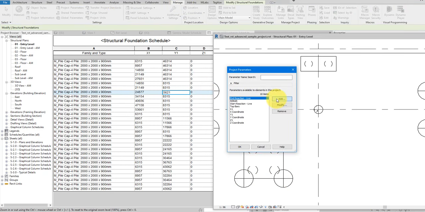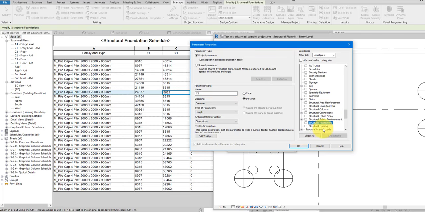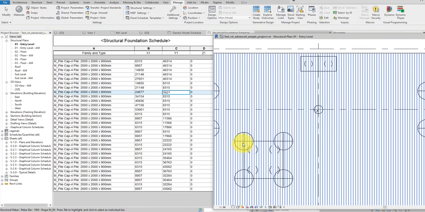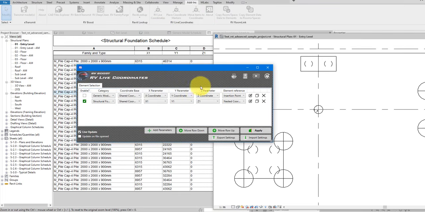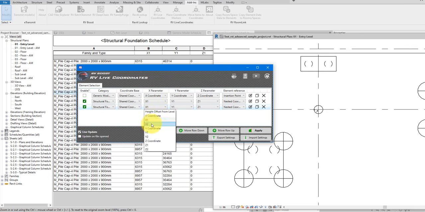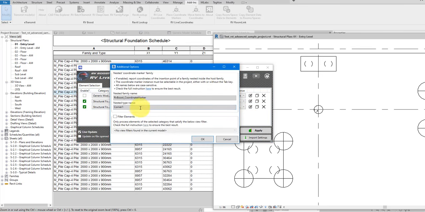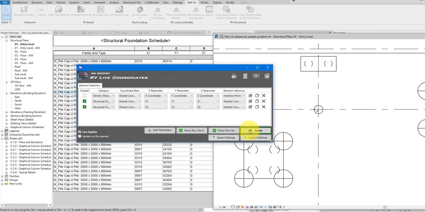For example, for the second point, let's add 3 new parameters here. I'll call these x2, y2, and z2. This will hold the coordinate values of the second corner point in each foundation item. Once these have been added, I can return to RV Live Coordinates and then duplicate the second row here to create a third. For this new row, we simply have to change the x, y, and z parameter names to x2, y2, and z2. Also, let's quickly click the Edit button here on this row and update the family type name to Corner 2. I can now click Apply, and the plugin will do all the hard work for me